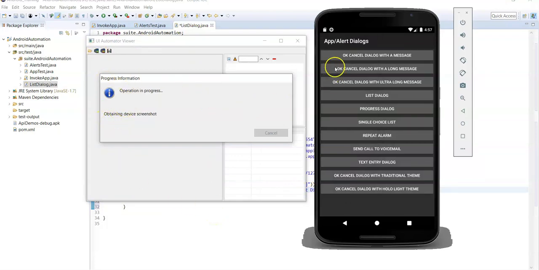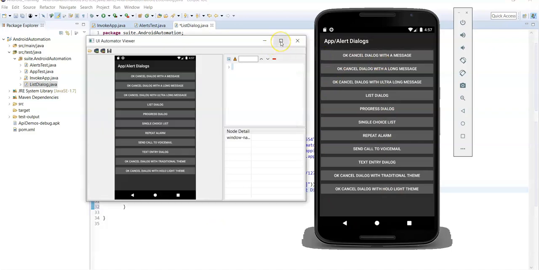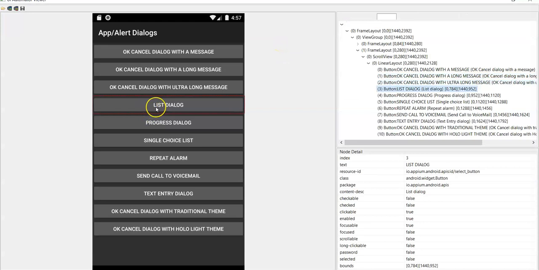So it is capturing the screenshot of this app. Now click the list dialog button. Here you can see text equals list dialog, resource ID is select_button, content-desc value is list dialog. So you can use XPath with the text attribute or the ID.